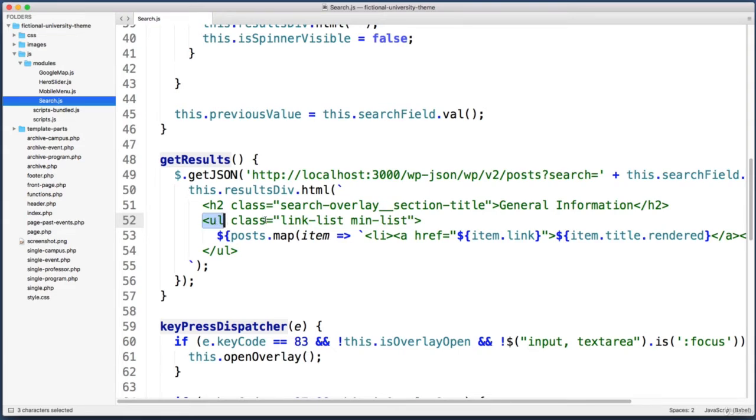Let's try to write a bit of conditional logic code so that if there are indeed results, we can output this code, but if there are no results, then not only will we not output this, but instead we can output a paragraph tag that reads, no general information matches that search. So if we want to set up a bit of conditional logic, our first instinct might be to use an